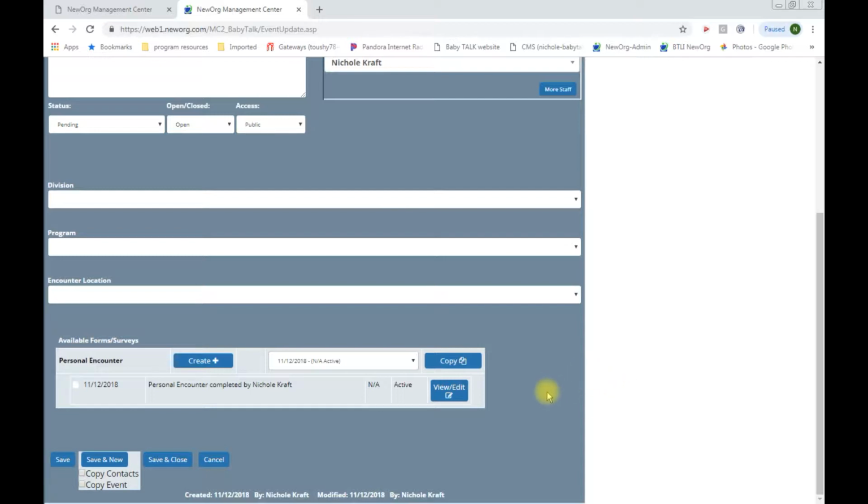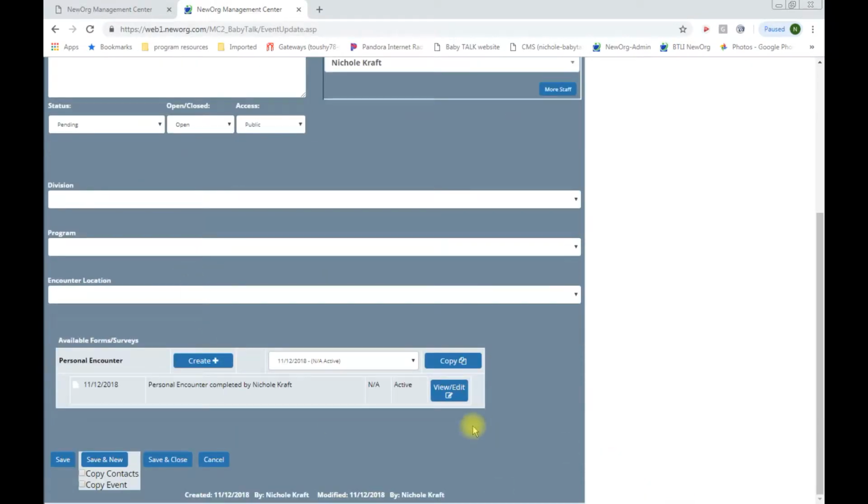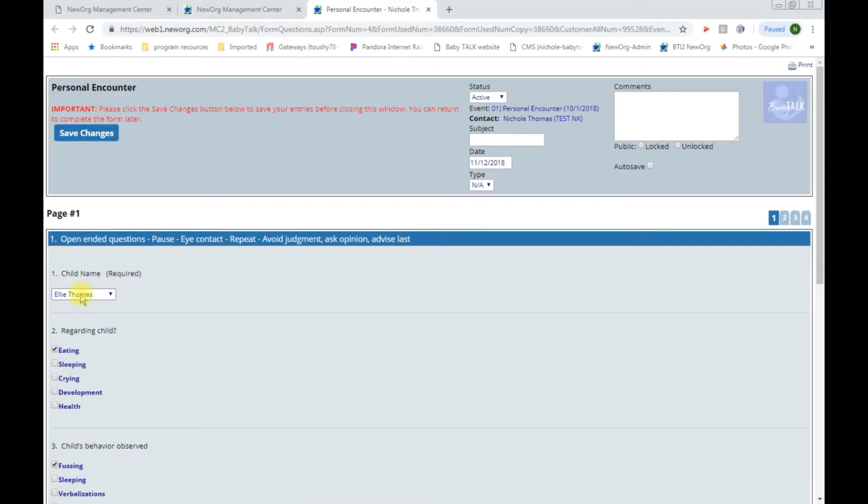Say I want to also enter a form for Grayson, the other child on the event. If a lot of the information is the same, I could choose to copy Ellie's form and just update or adjust as needed. So now that I've created a form in my dropdown, you should see that form, and you can hit copy. It will open the form that I've created, which we know was attached to Ellie,